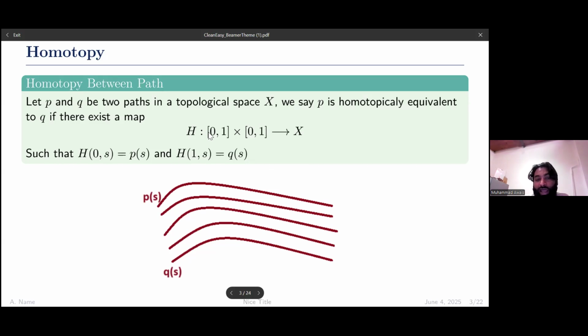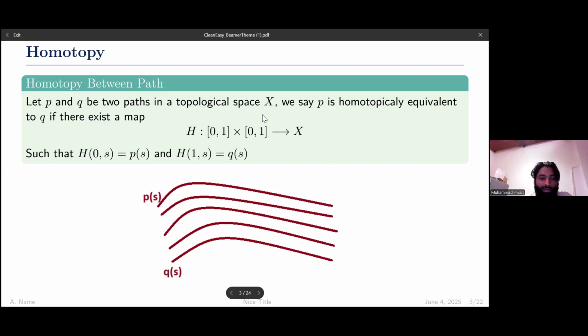So at time 0 I should have my original path, and at time 1 I should have my final path, and this is the homotopy, the whole journey which I travel on my space. This was my beginning path, then I define the homotopy. Along that homotopy, I'm moving my path continuously with time. And finally, I have